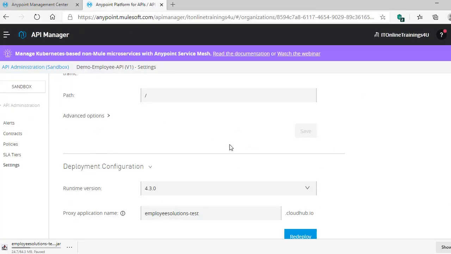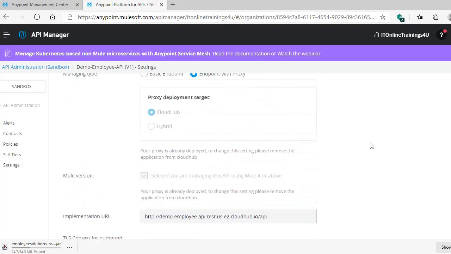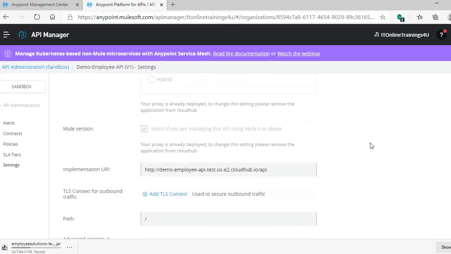So in order to use your API and in order to test your proxy, what you have to configure is